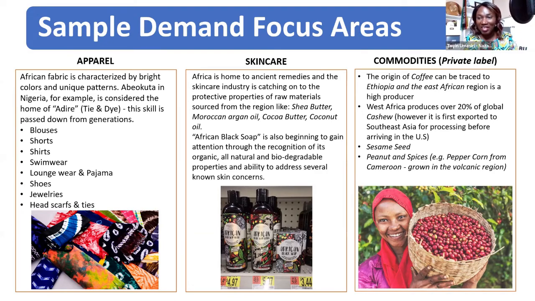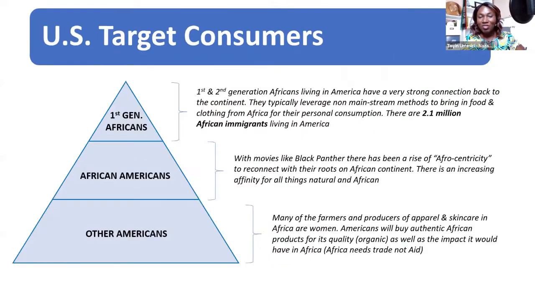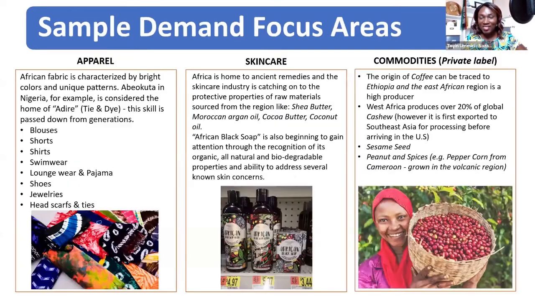If you bring those in, know that again, you're targeting first gen, second gen. If you're targeting African Americans and other Americans, think about how you design the apparel, maybe swimwear, short shorts, something cute, something that is a taste of Africa, not just the one that overwhelms. Like we like the multicolored, you know what I'm talking about. So you need to match this slide with the previous slide as you're designing what those need to look like.